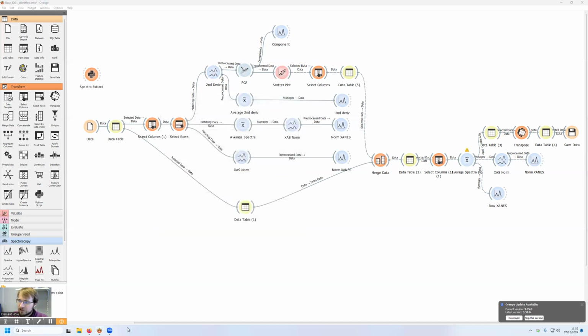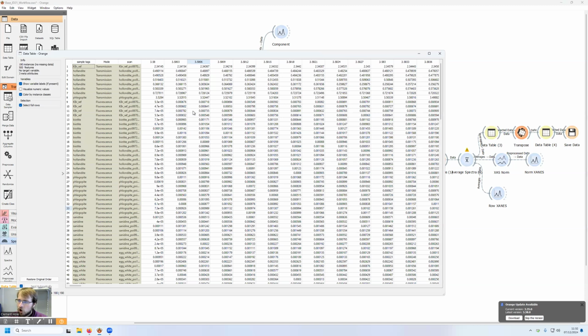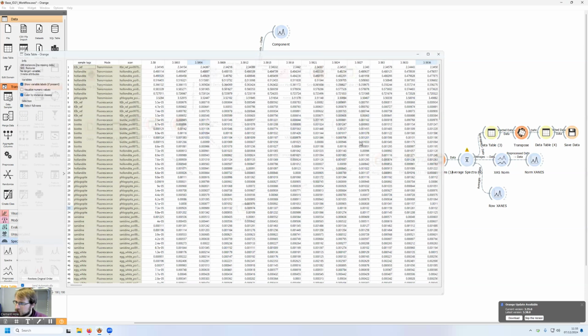The second widget that you will see at several points in this workflow is the data table widget. This one has a very practical use. It's just a display of the table that you are working with. So if you have any doubt at any moment during the